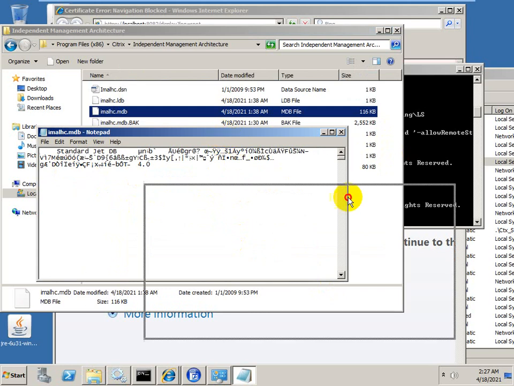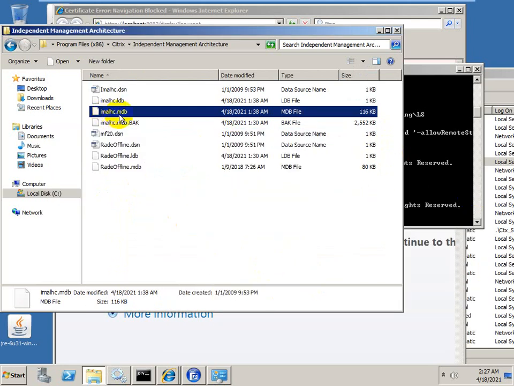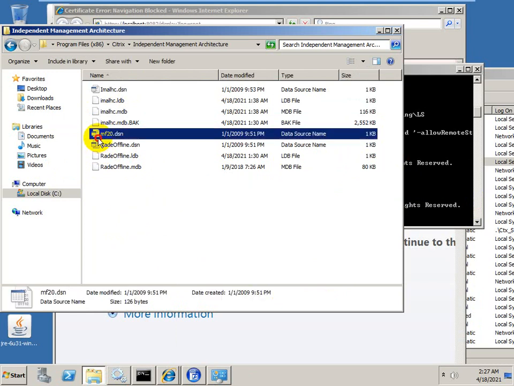That's not in the current file, but this is your IMALHC as well as the MF20. The DSN file is always used to connect your environment with the database server.